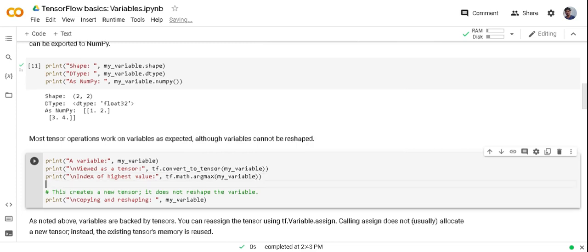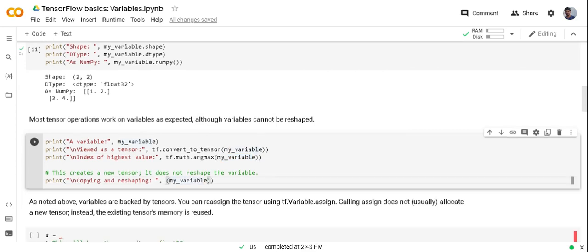It will return the index of the maximum value of my variable. Above operations we can do on tensors and variable both, but reshaping function we can't perform on variable. Basically, when we perform on variable, it will create a new tensor of that shape, what we're going to assign or pass to tf.reshape function.